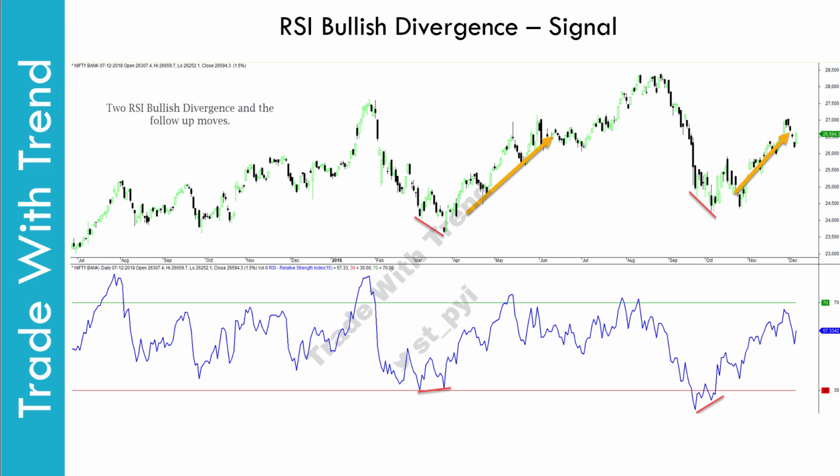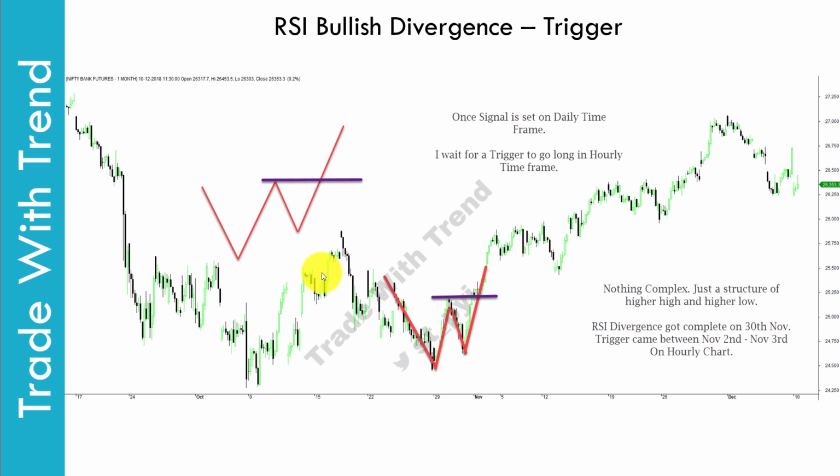I'll again repeat: once you see an RSI bullish divergence signal playing out, by the time this bullish divergence signal completed, price had already rallied to this level. It makes no sense to enter here, which is why we then move to a lower time frame chart, that is the 60-minute chart. Once this structure of lower high and lower low is breached, you take a major pivot and draw a line, and when price moves above this, you have a valid pivot breakout at this level. This becomes your entry point and then you take the trade. Unless and until this happens, you shouldn't be entering the trade.